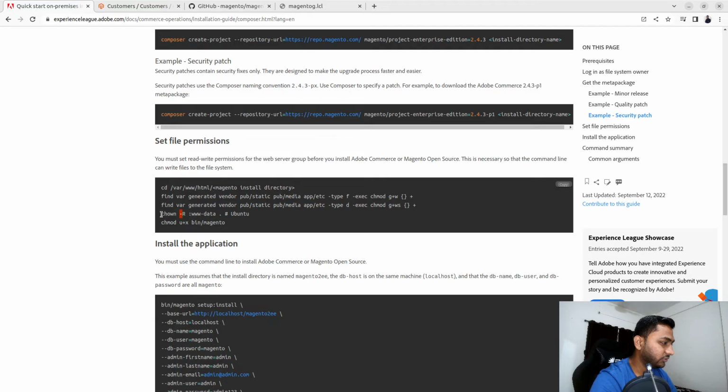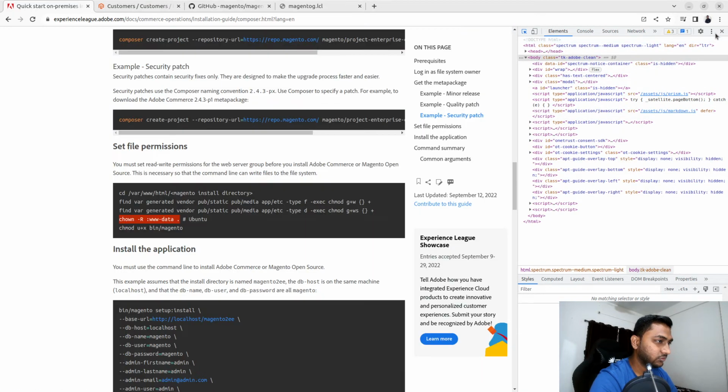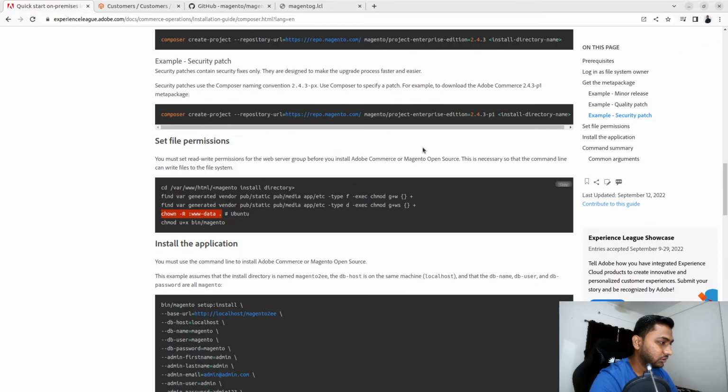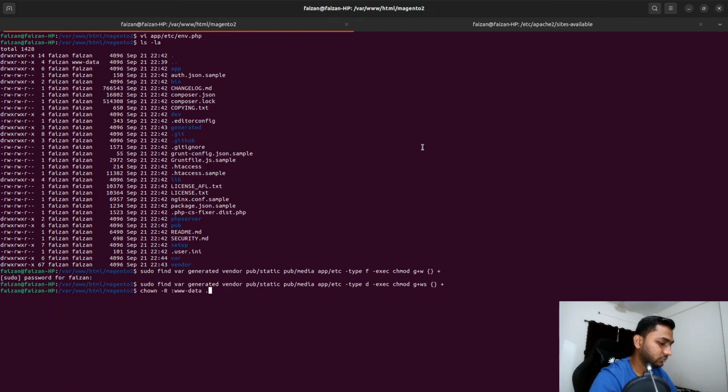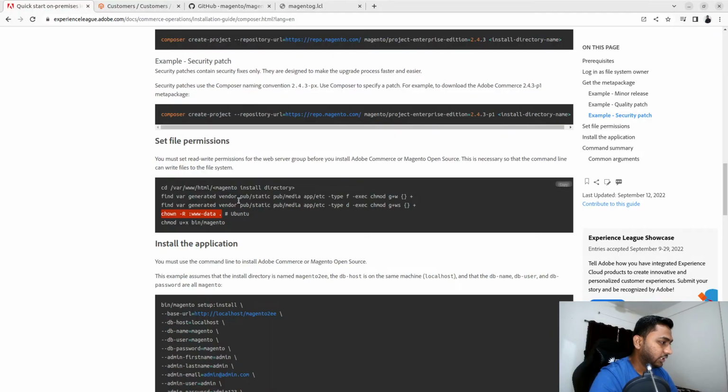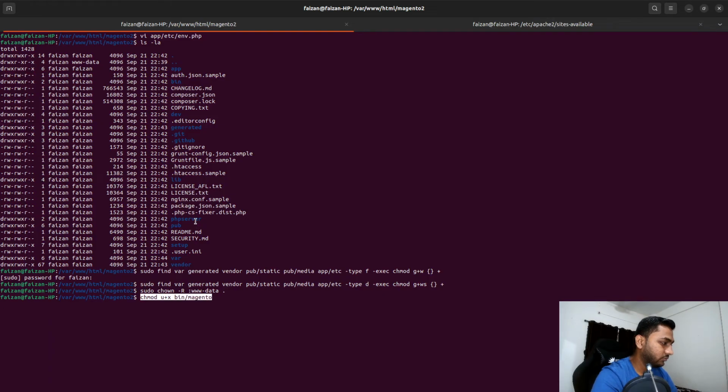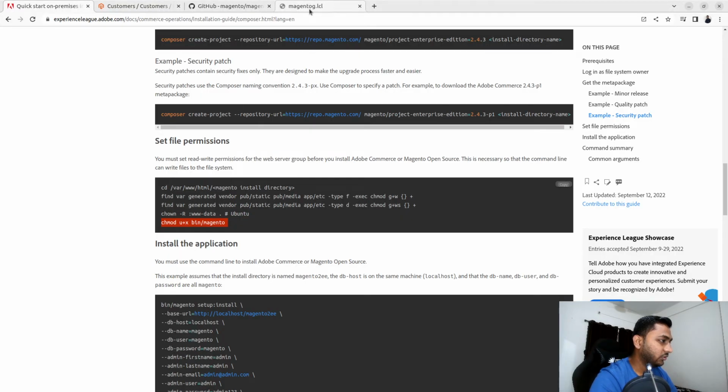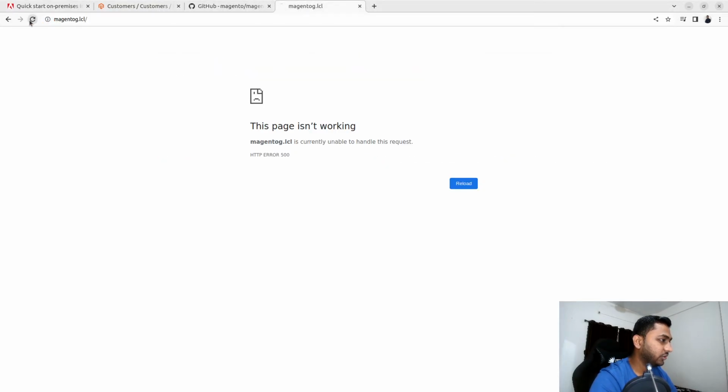This happened the previous time as well. And apart from that, we will need to give executable permission. Now if we try to reload this,